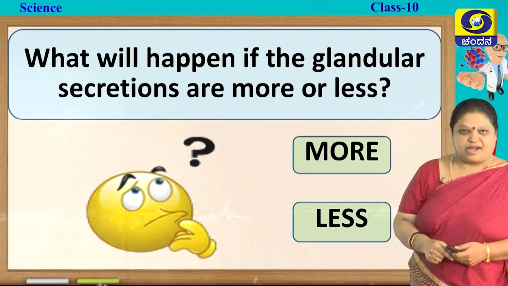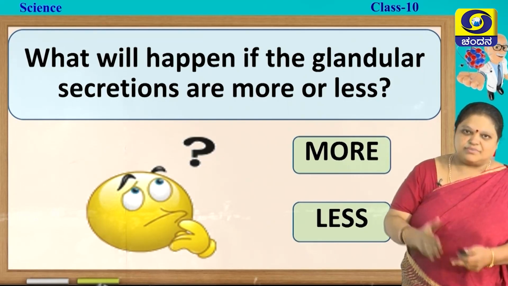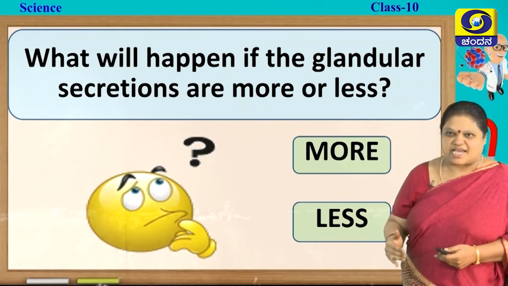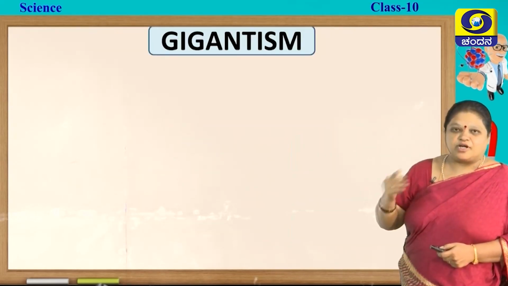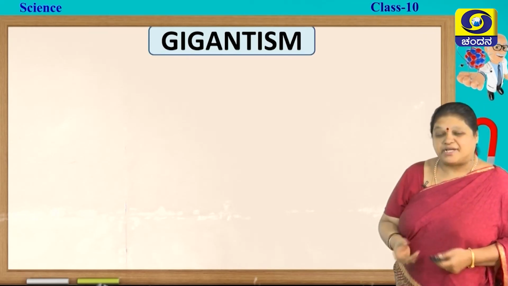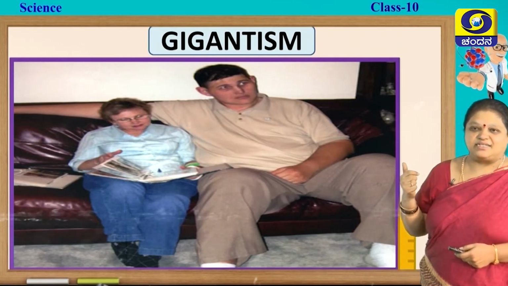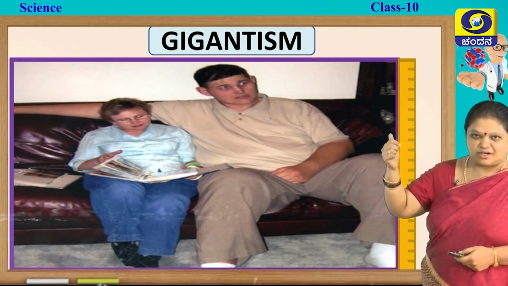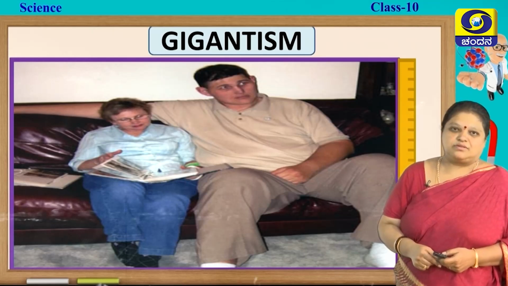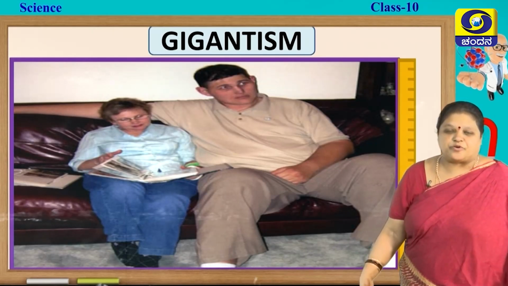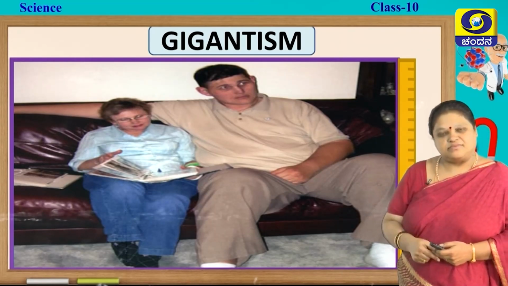If the pituitary gland, before puberty, that is when a child becomes an adult, in between stage, the transition stage, that you call puberty, before puberty, if there is hypersecretion, then the person suffers from an abnormality called gigantism. You can see how tall he is. That means whoever is tall, are they abnormal? No, it is not like that. The body parts will be disproportionate. So, then he will suffer from gigantism.